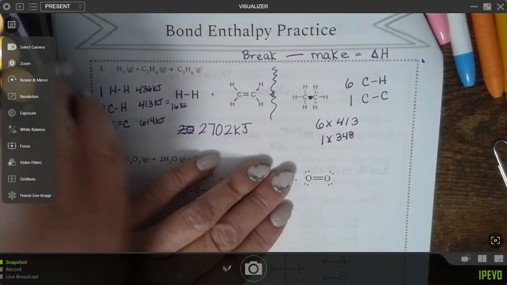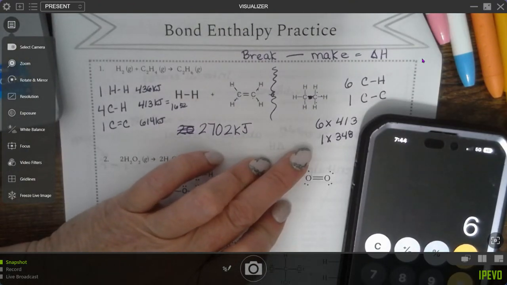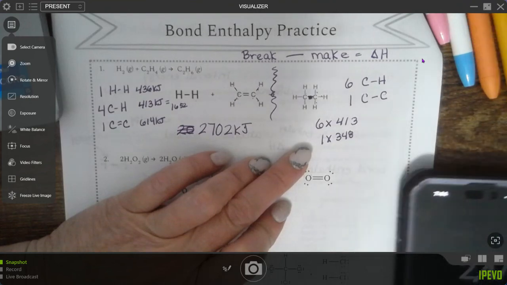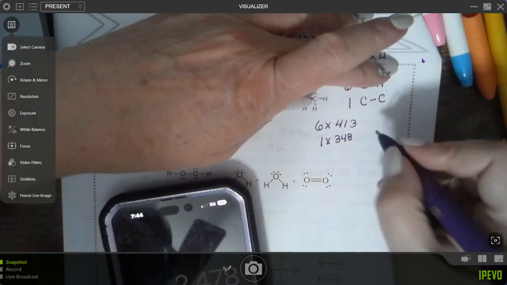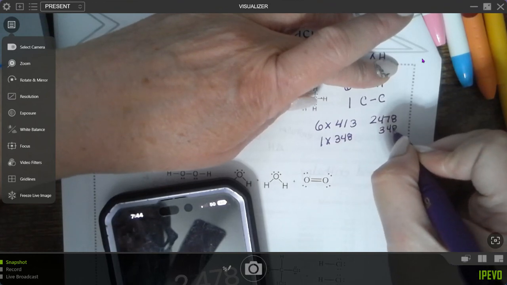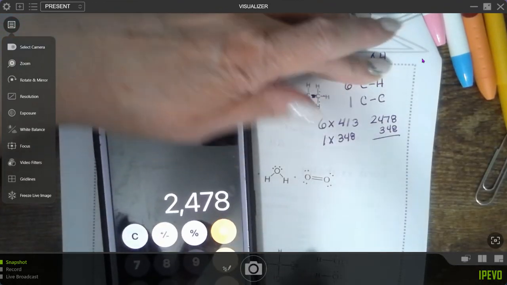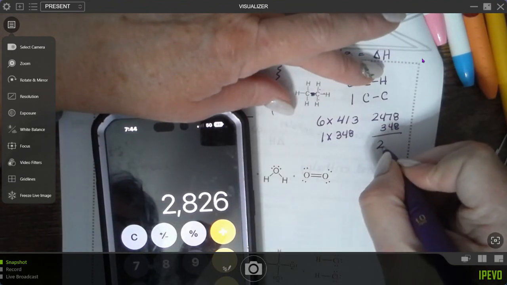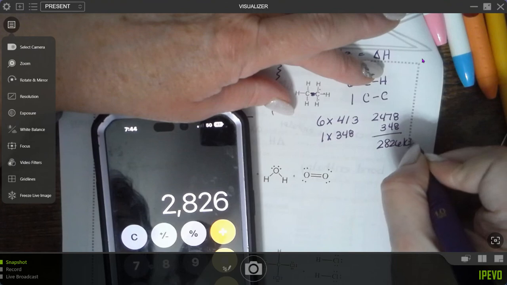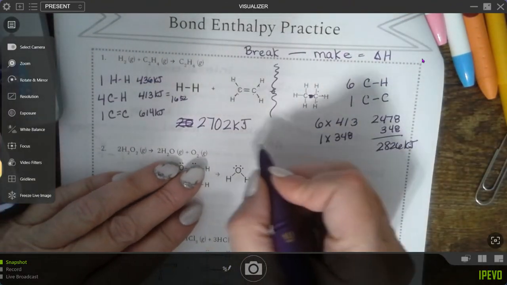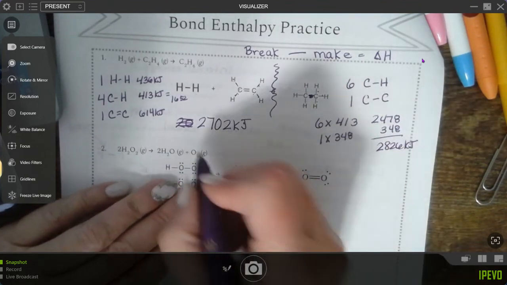So 6 times 413 is 2478, plus 348 is 2826 kilojoules per mole. So what I'm going to do is take my 2702